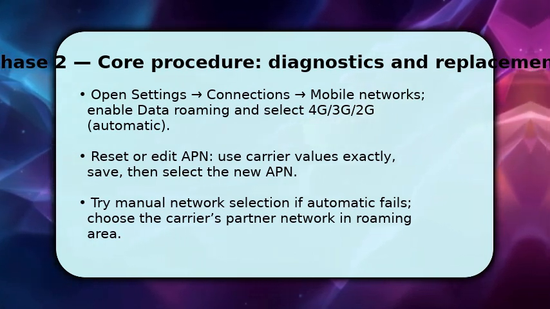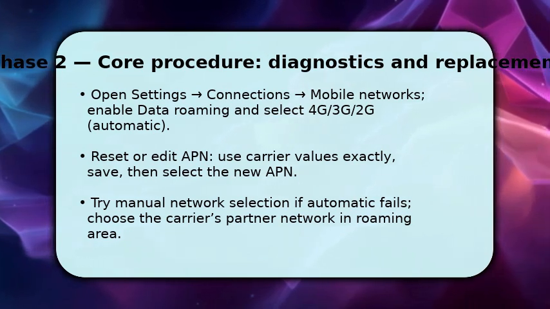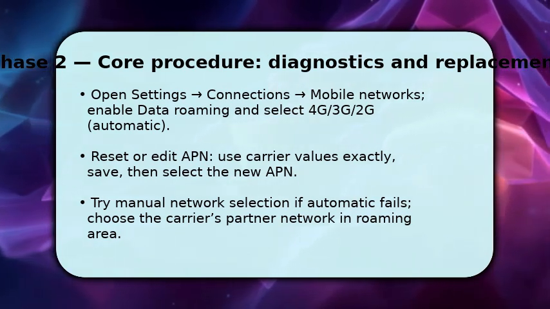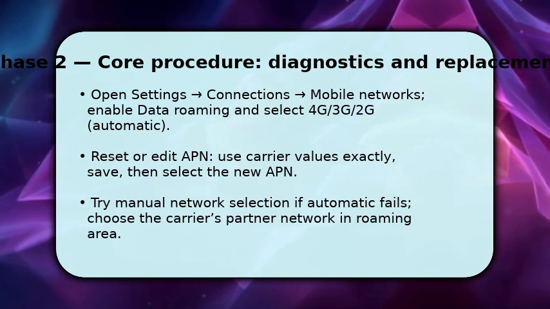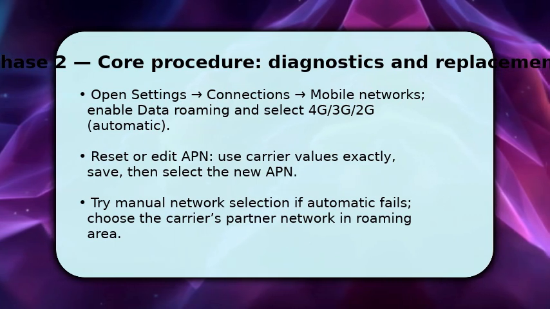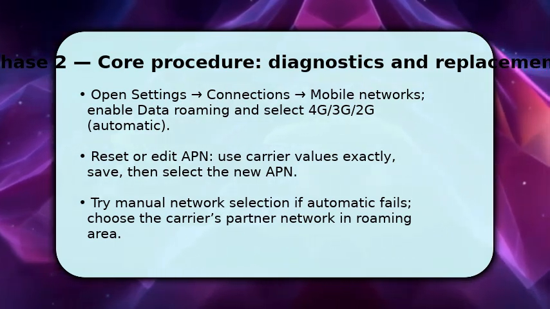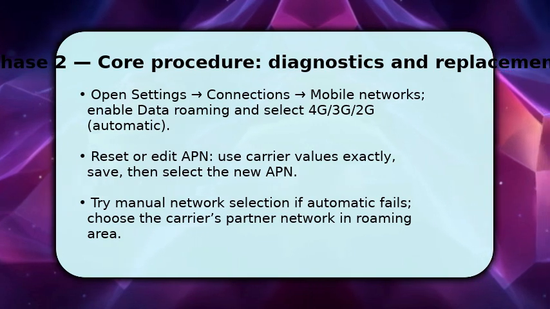If data still fails, reset or carefully enter the carrier's APN details. These are case sensitive, so type each field precisely and save. Once saved, select that APN and toggle mobile data off and on. If automatic selection doesn't register, switch to manual network selection and to finish, perform a network settings reset if you've